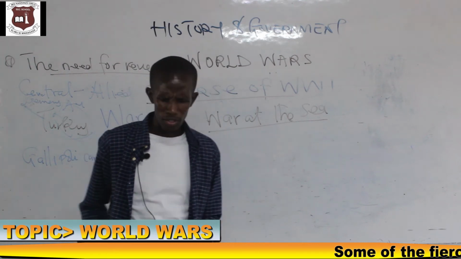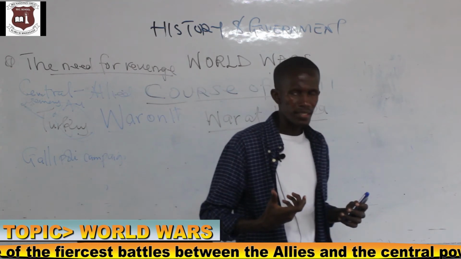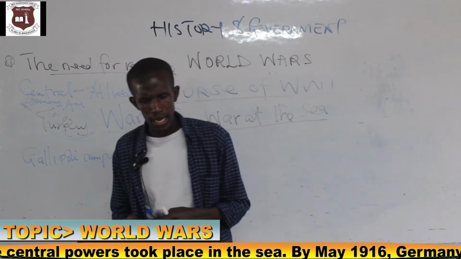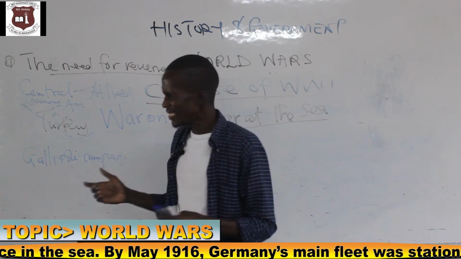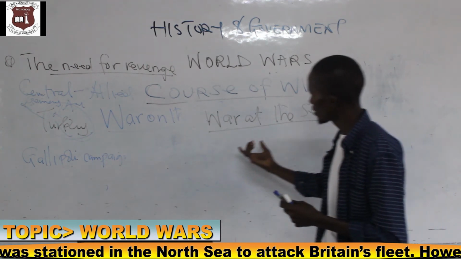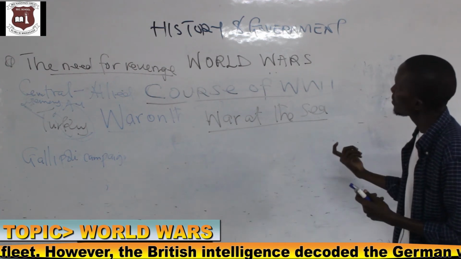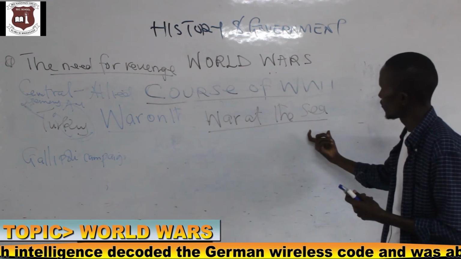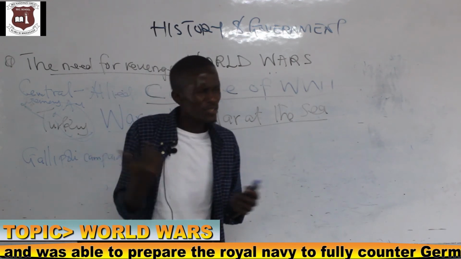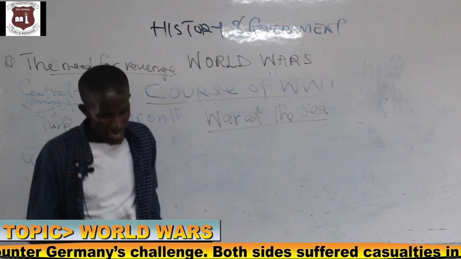But somebody can ask some questions. Can you state the two major events? Because historians tell us that 1917 actually was a decisive year for the end of World War I. But why? There are some events that could have made this year the decisive year for the end of World War I. So outline or state two reasons, two events that marked 1917 as the decisive year for the end of